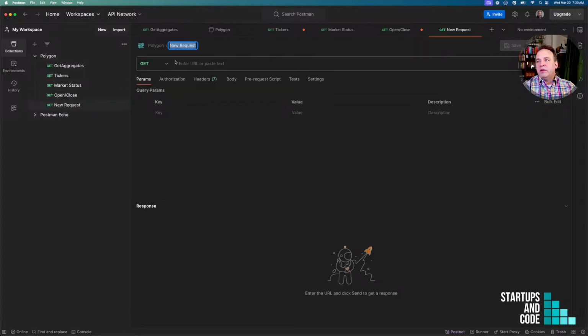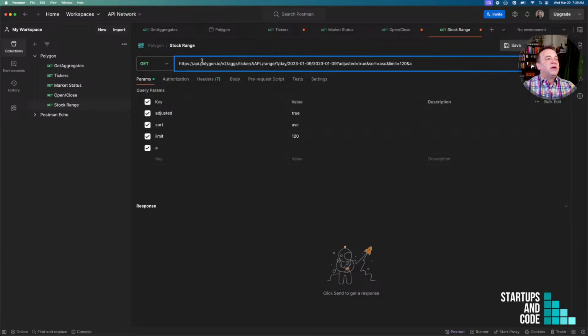And this will be stock range. And I'm going to paste. So this will actually be the stock, the range,